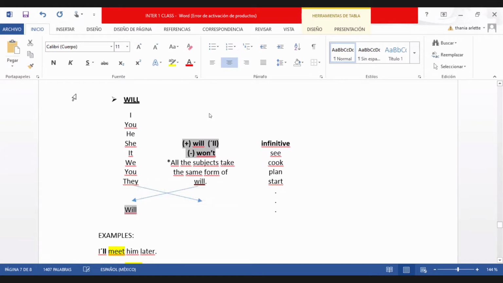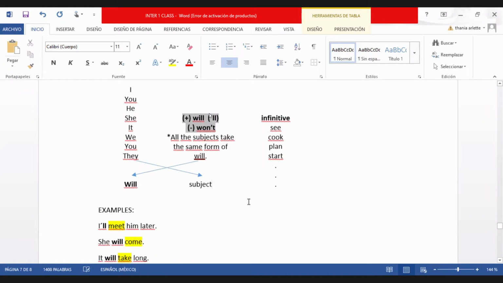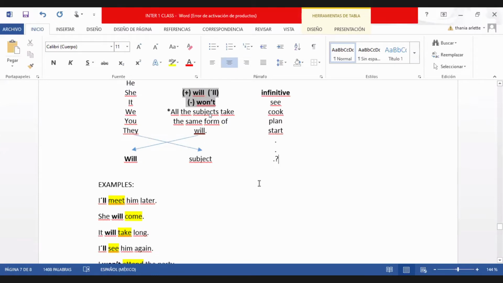Will goes here. And then the subject, and the verb in infinitive. The question mark. Let's put the question mark here. Okay, so this is the interrogative, the question form. Using will at the beginning, the subject, and the question mark. All right? Okay, now,